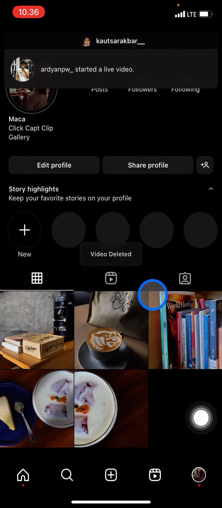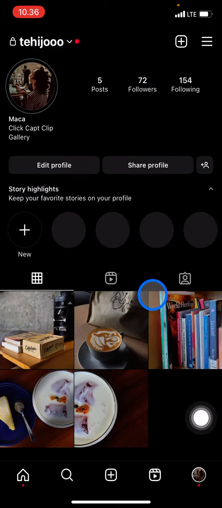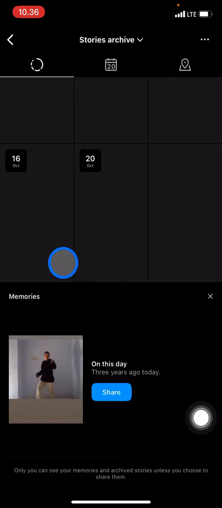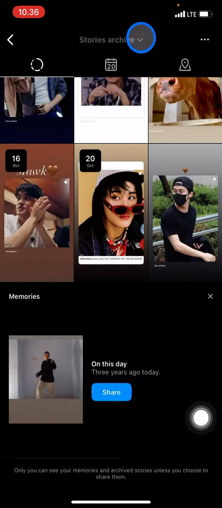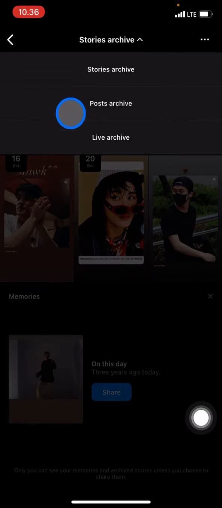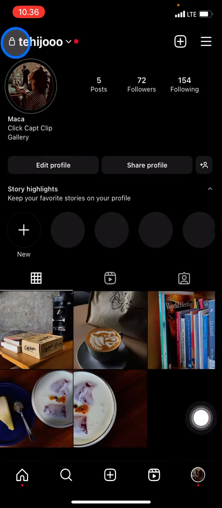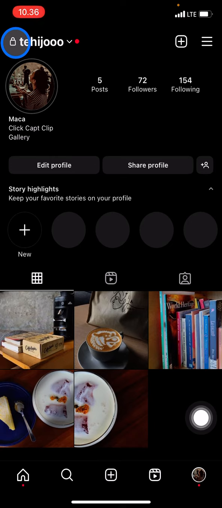Okay, so how do we download our previous live? We just need to go into the straight lines here, and after that click archive. In this archive option, you just need to click it to explore the other options and go into the live archive. Now you can find the live archive here. This is the live that you already did before, and you just need to click download to download this live video to your phone. So that's all the way how we download a live video